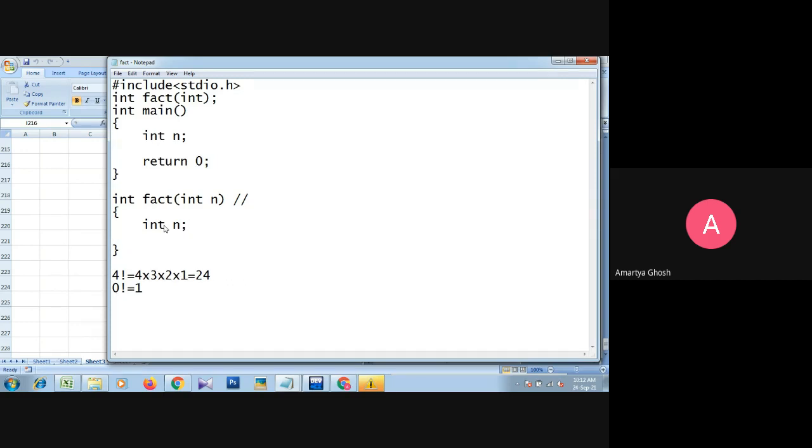Now here we request the user, that is printf, "Enter a positive integer : ", n.